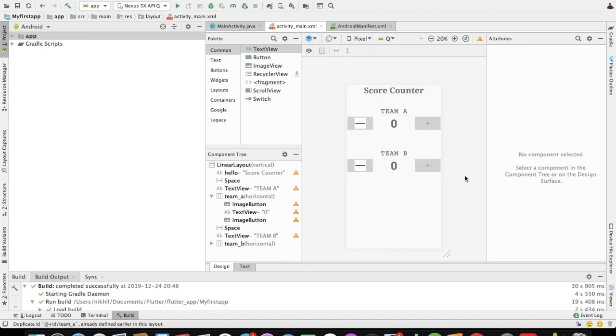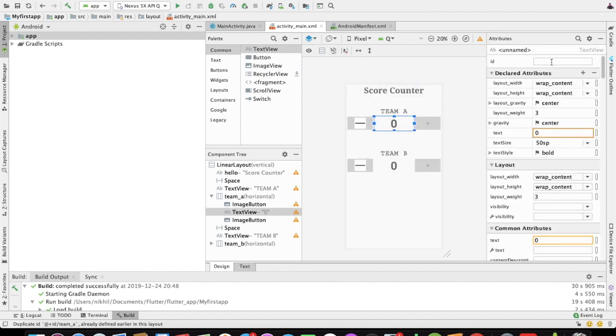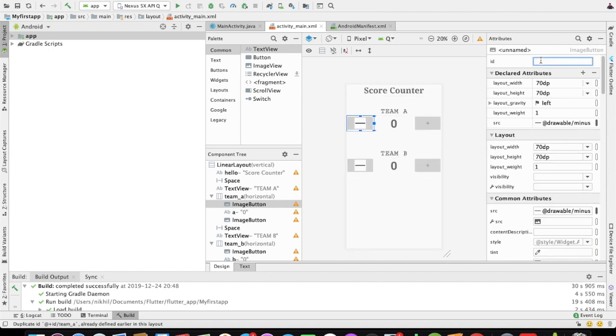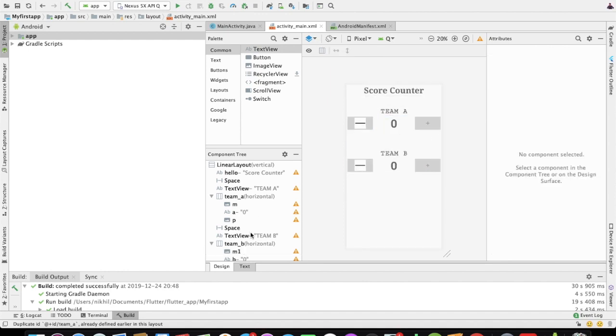Okay, so now let's try and code it. Let's try and code this. Let's give this ID B minus, M, P, N1, P1. Okay, now